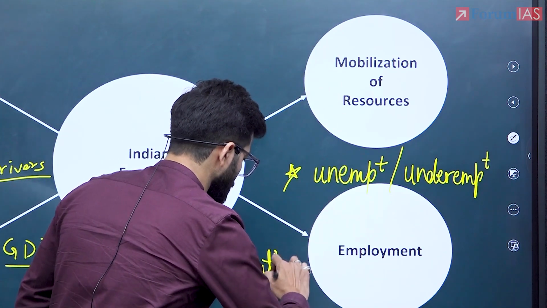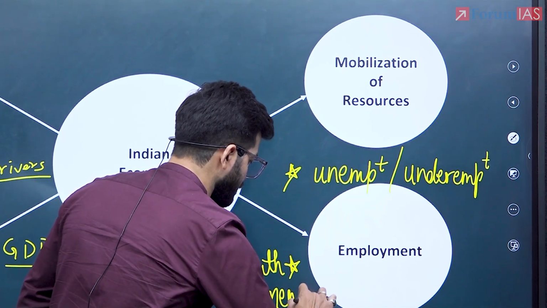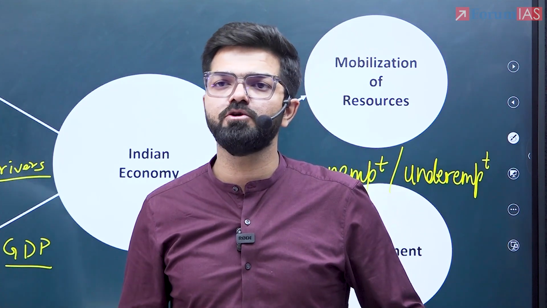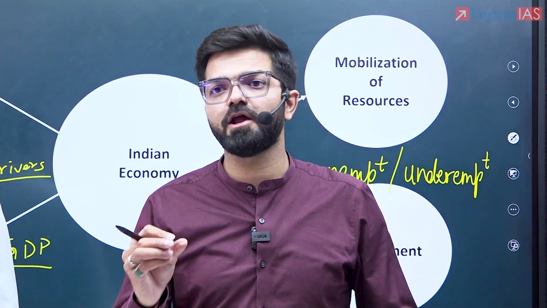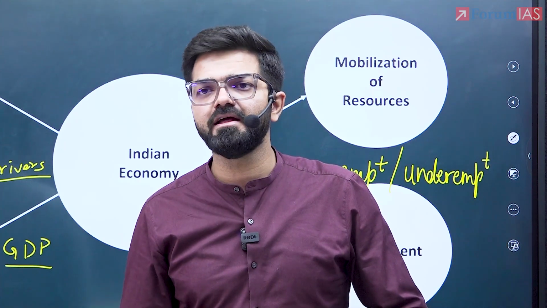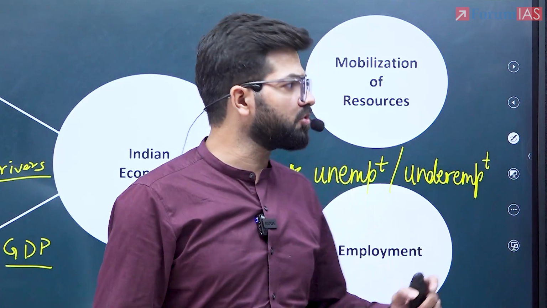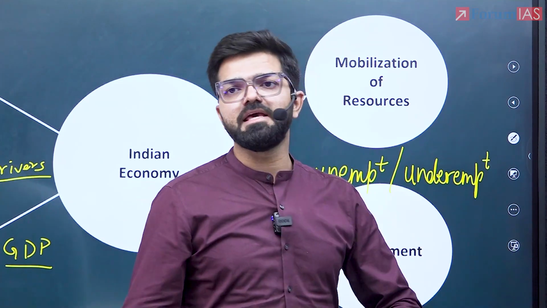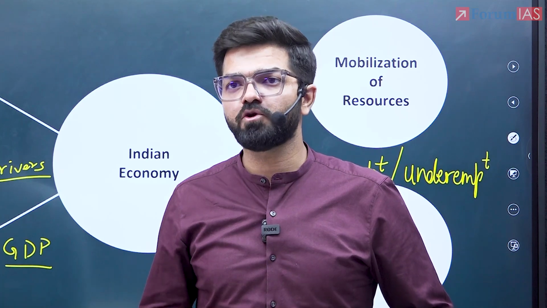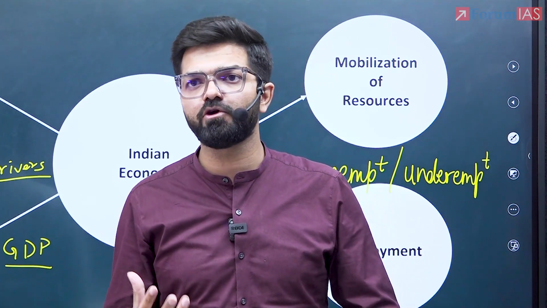You can talk about youth as a focus area for employment. You can talk about women's low labor force participation rate, or regional disparity. You can also talk about the rural-urban divide for unemployment. You can also divide it regarding formal and informal nature. What is the gig economy? Again, an extension of underemployment as a keyword. Then you can also talk about AI as another emerging challenge. Now we are talking about mid-manager crisis, automation or skill gap for AI.